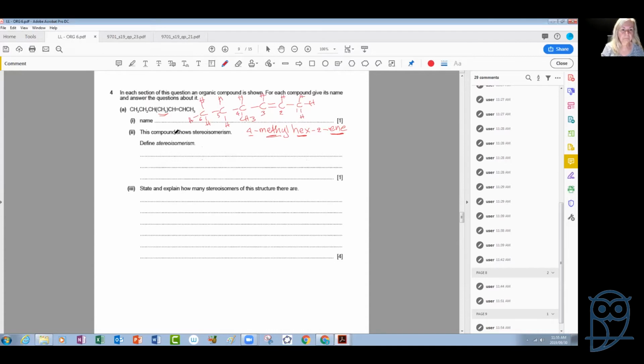hydrocarbon. This compound shows stereoisomerism. Stereoisomerism is when molecules have the same structural formula, the same structural formula,